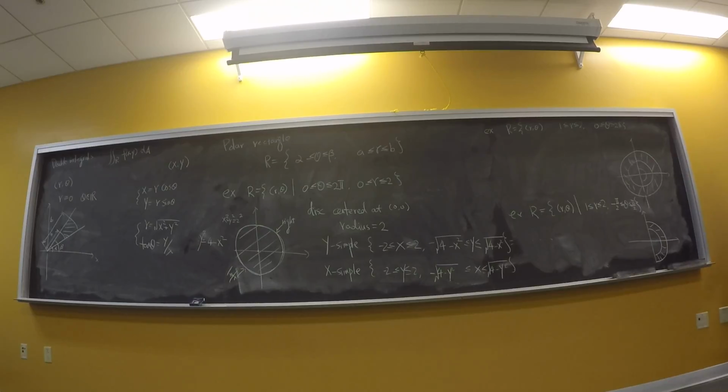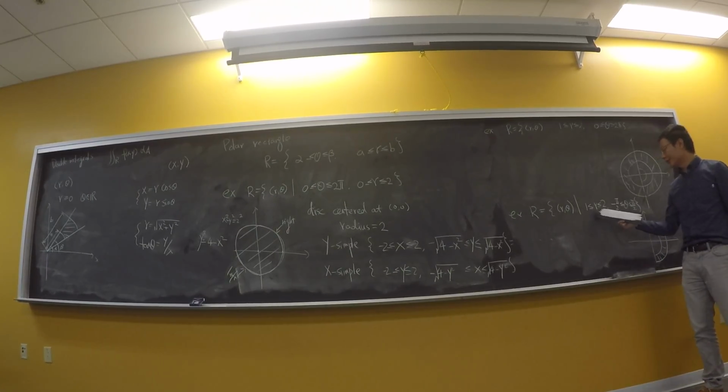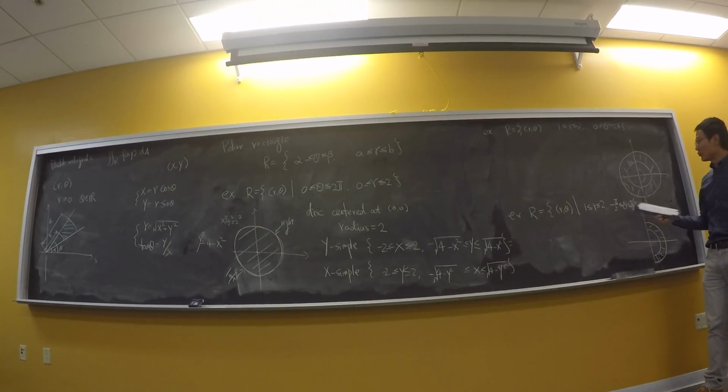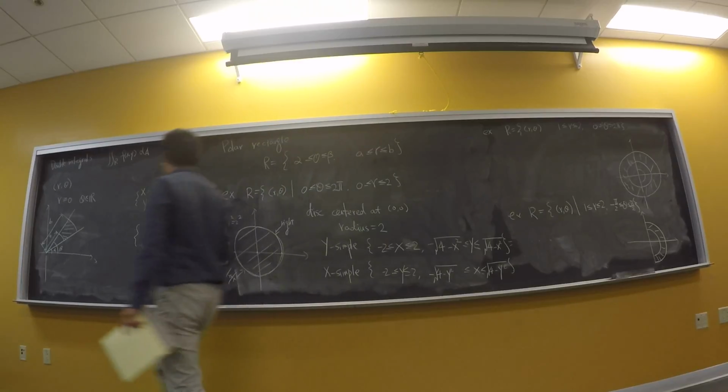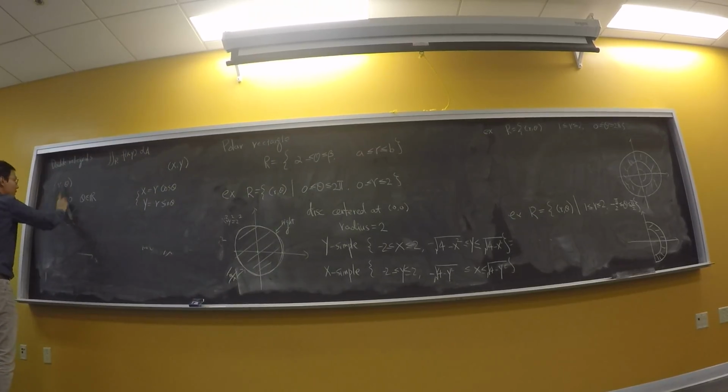Okay? So now you should feel very comfortable, given different restrictions about r and theta, locating where the region is. Given the restriction of radius and the restriction of angle, you'll be able to find where this region is. Okay? So next, I want to give you the formula about